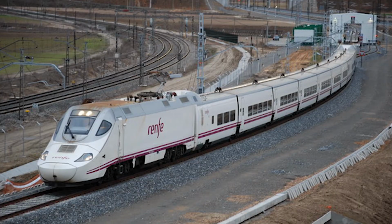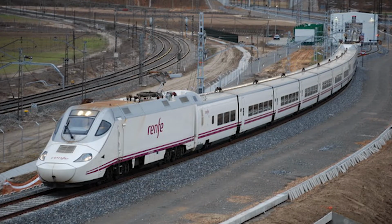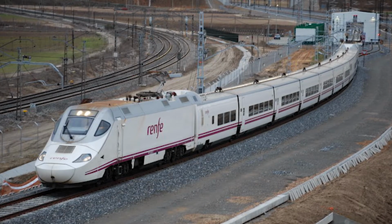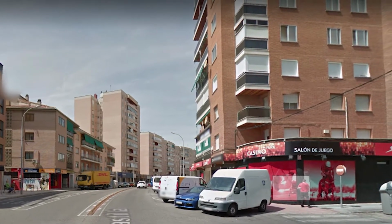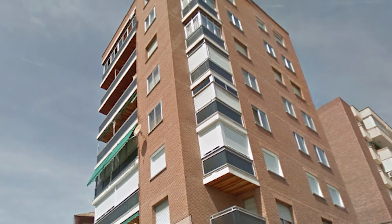In 2003, the high-speed train AVE added a stop in Guadalajara, and since then the city has seen an explosion of growth. I lived in Guadalajara in the pre-AVE days around the year 2000, on the 7th floor of an apartment building. 6 months after arriving, I awoke on the 27th of May to see a small house directly across